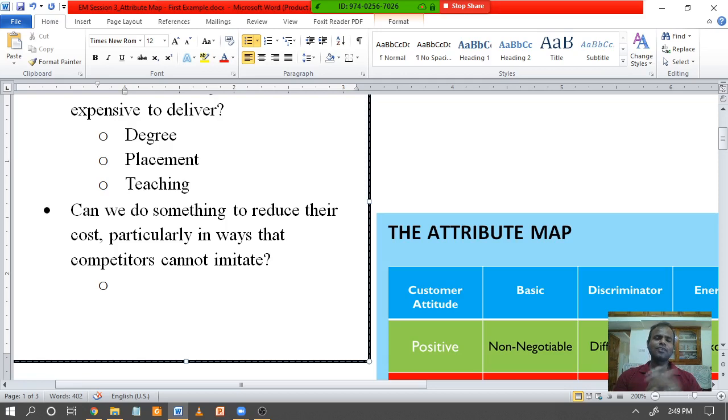Because if we are teaching online, we require fewer teachers, or we require less infrastructure compared to what classroom infrastructure involves, right? So are there ways, for example, now the government is also allowing students to take up courses online through the Swayam portal. Up to 20% of your courses may be taken through the Swayam portal.